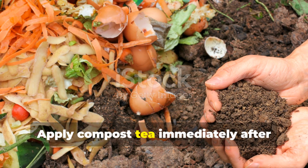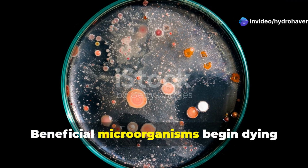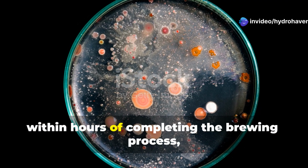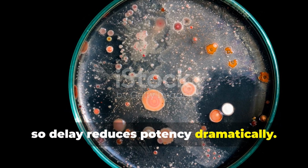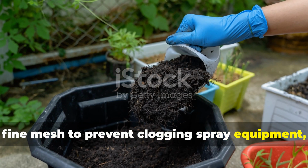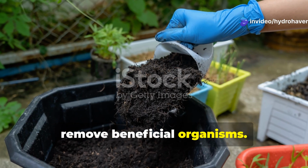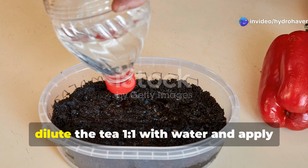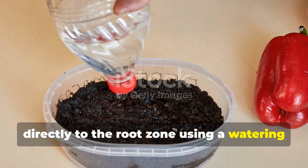Apply compost tea immediately after brewing for maximum effectiveness. Beneficial microorganisms begin dying within hours of completing the brewing process, so delay reduces potency dramatically. Strain the tea through cheesecloth or a fine mesh to prevent clogging spray equipment, but avoid filtering so finely that you remove beneficial organisms. For soil application, dilute the tea one to one with water and apply directly to the root zone using a watering can or